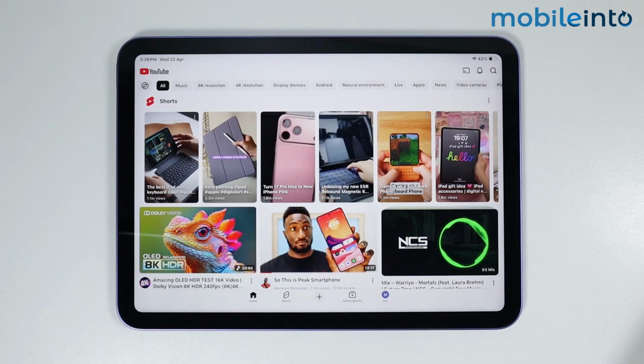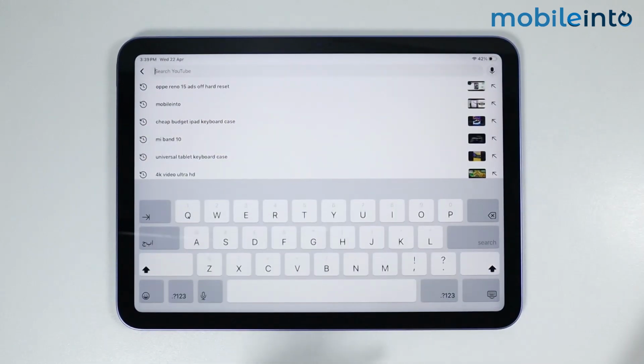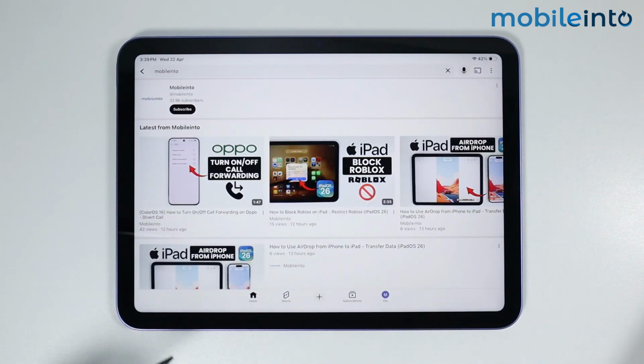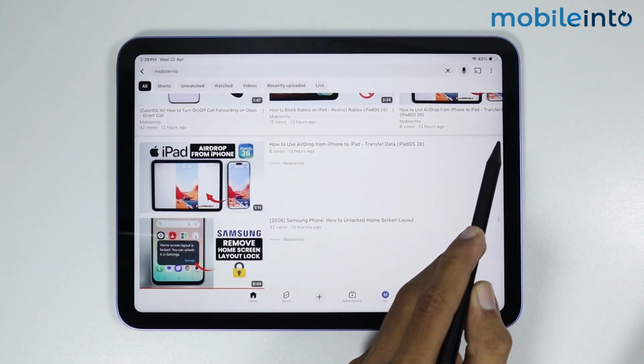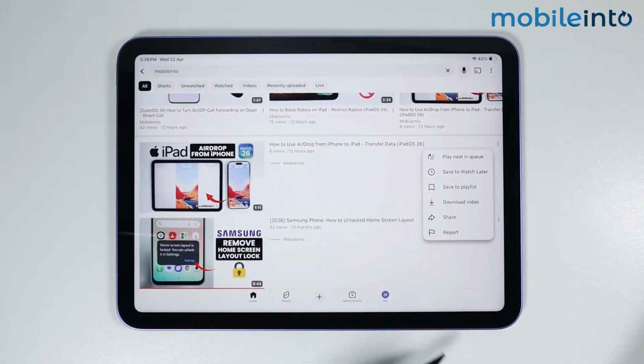After you open YouTube, now just select the video which you want to watch in picture-in-picture mode. For example, I will select this video. Now just tap on the three dots for the video which you want to watch in picture-in-picture mode, then select